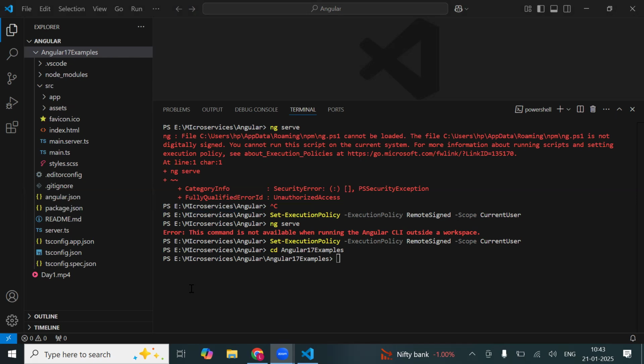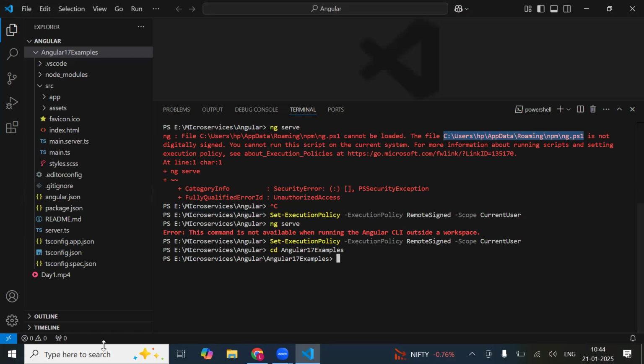Our project is only for installing packages and dependencies. This node module needs to be invoked here in this Angular code, so you need to set the execution policy. Now learn this. What it is saying: cannot be loaded, the file is not digitally signed, you cannot run the script on the current system. Because of that, this npm package, this npm module should have rights only in